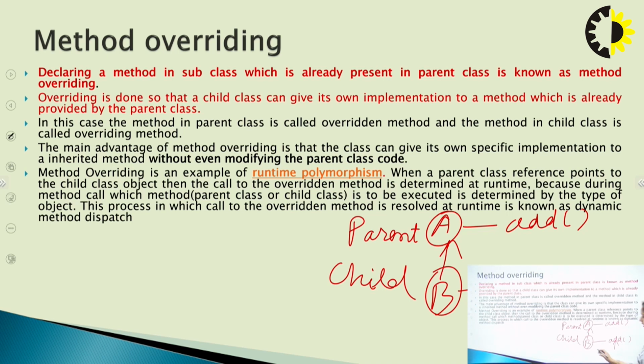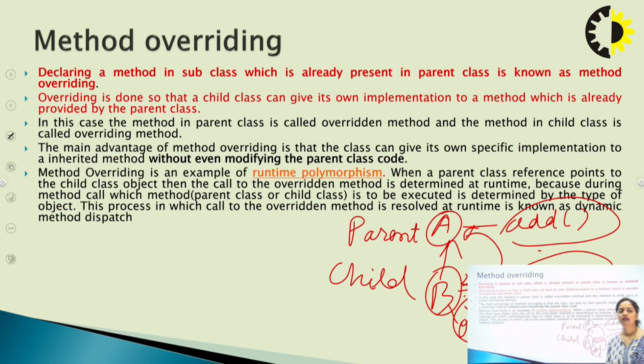Why? Because we are creating an object of this class only, and through this object we access the same class and its parent class also. So when the object invokes this add function, it will always call its own class, meaning the child class add method, and the parent class add method is never called. Such a concept is known as method overriding, and the add method of the parent class is said to be overridden by the add method of the child class.